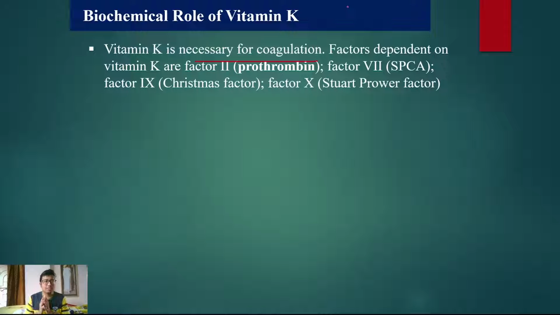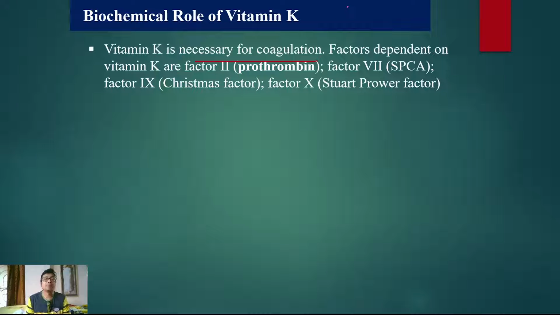So normally blood is in a fluid state. If any cut occurs, it will spill out. So vitamin K is required to prevent that. So it will act as a coagulant. How does it act as a coagulant? It helps in activation of clotting factors, few clotting factors. If you attended my one carbon metabolism class, I told you there that there is a type of carboxylation which is biotin dependent carboxylation. Normally all types of carboxylase enzymes are biotin dependent, but there is an exception.